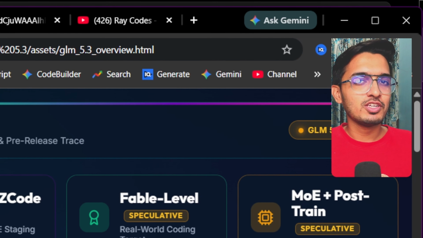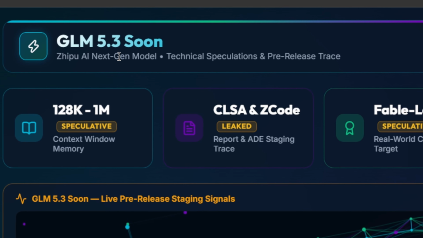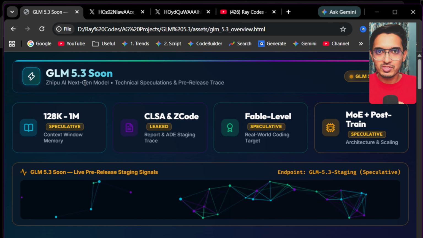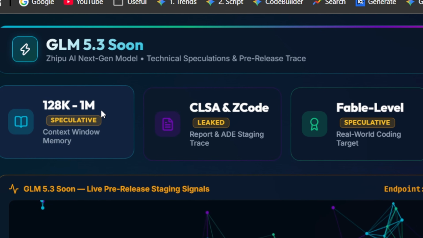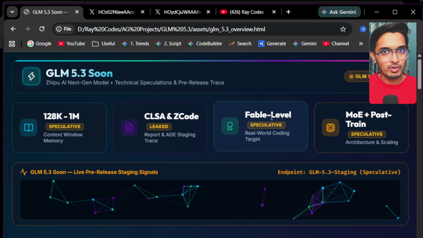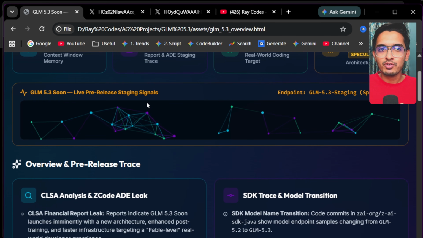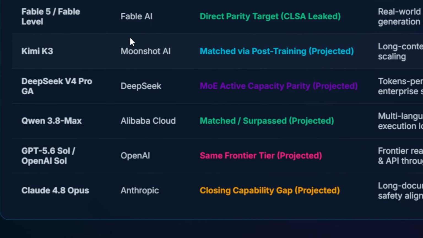Open source community is lost for words. A recent GitHub leak just revealed that GLM 5.3 is soon on its way from Z.ai, and it is already speculated to have a massive upgrade in the context window, with the coding capabilities expected to be at Claude Fable level. Today I'm going to cover all the pre-release signals for this model, the benchmark speculations where it might be